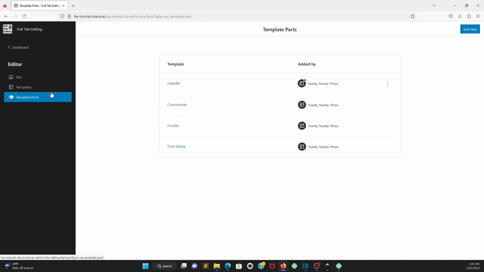The 2023 theme comes with a header template part, a comments template part, and a footer template part, as well as a post meta. If we edit in here, then any changes that we make to this template will be global, meaning that anytime we use this particular header, any changes in here will change everywhere that this header is being used. Now you can create a new header if you want, and we may do that later, but for